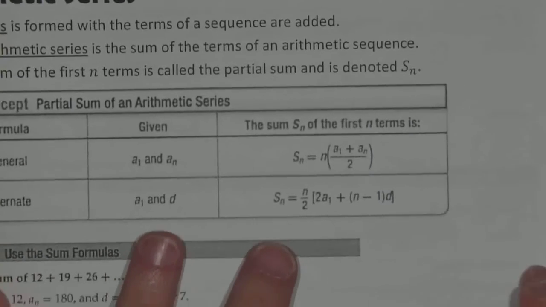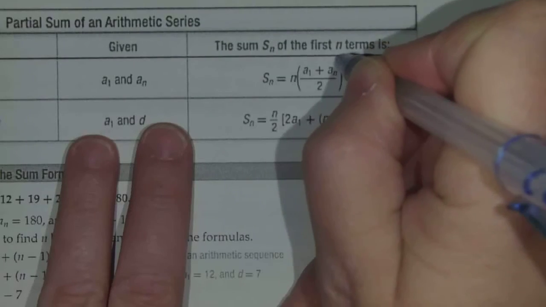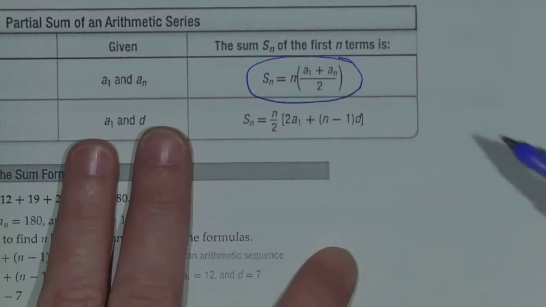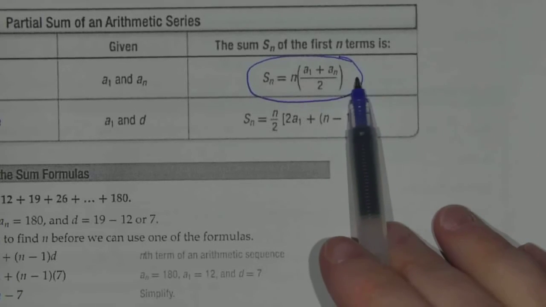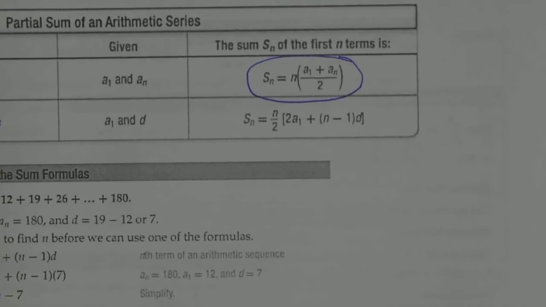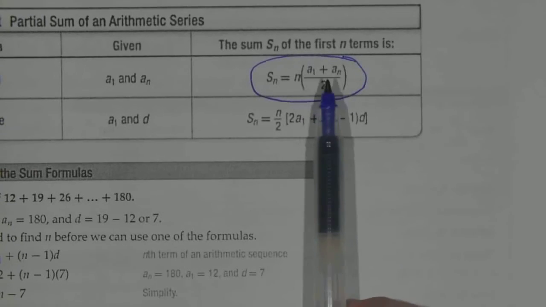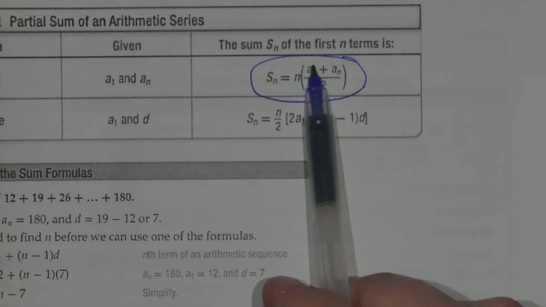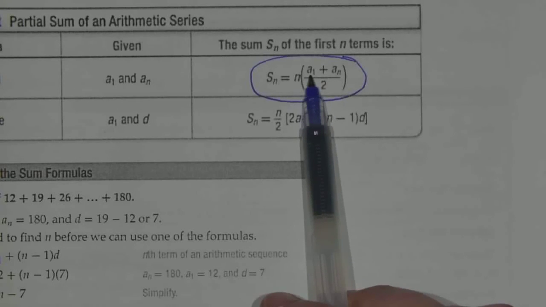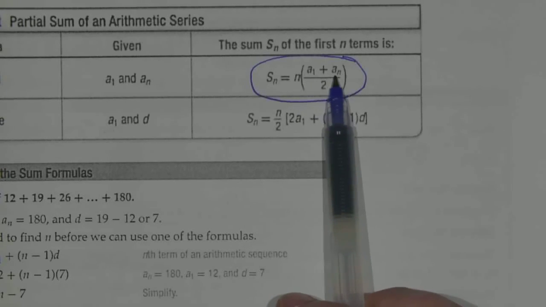There are two formulas that will work for that. I like to look at the information that they give me and use which formula I have the information for. I like to use this first formula if at all possible. It's just easier to use. So again, n stands for the number of terms that you're summing. A1 stands for the first term. Anybody know what the